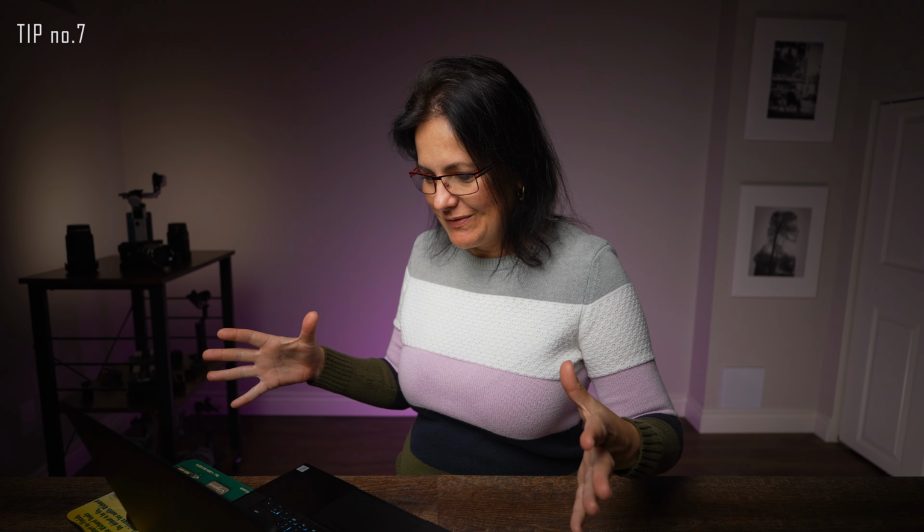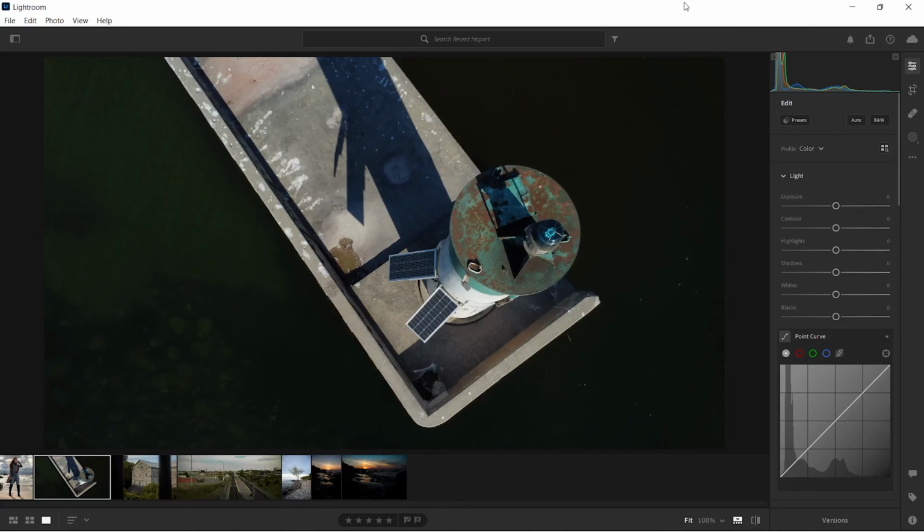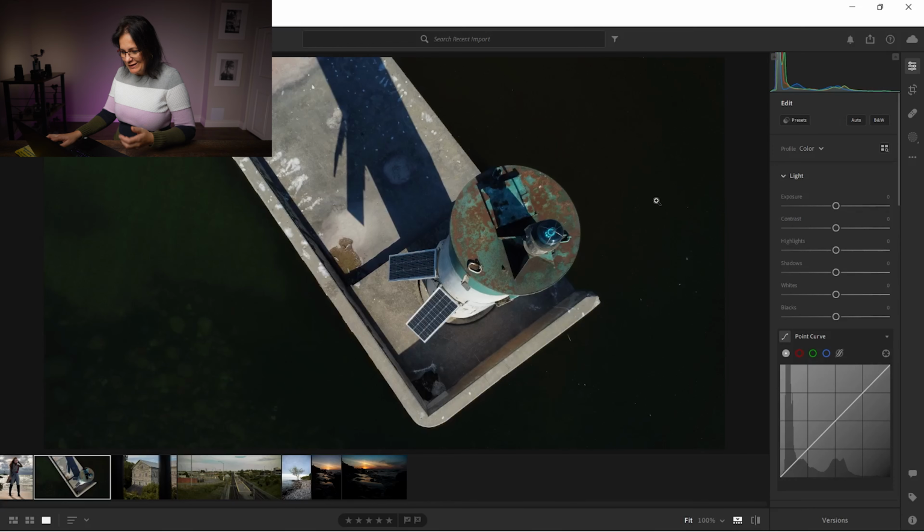Next, I have this drone shot I took in Ontario here. And as you can see, the water is quite green. It's very green, and with the green usually comes algae smell. That's what we get here in Ontario quite a bit. So I want to forget about the smell, and I want to actually make the water a little bit more like I'm at the ocean, a little bit more blue. I want to travel. I don't want to be in Ontario anymore, even though we have beautiful locations, but the